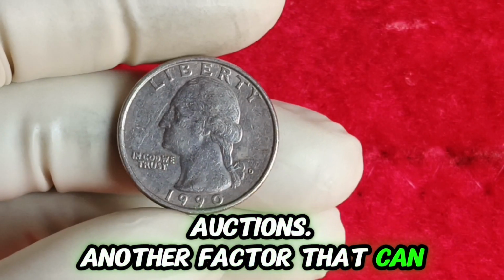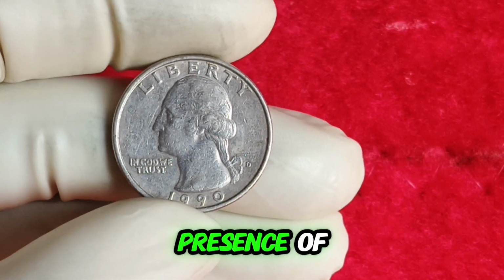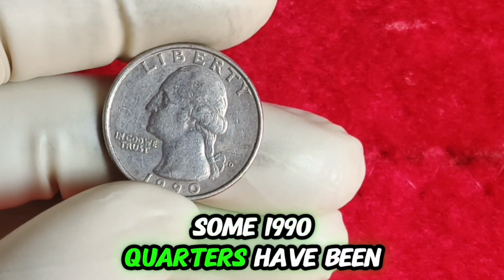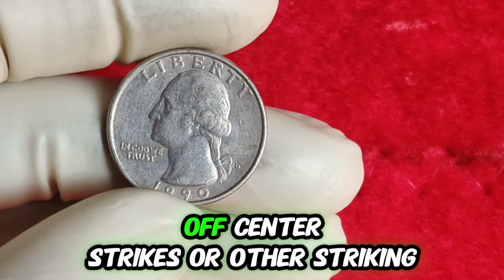Another factor that can dramatically affect value is the presence of minting errors or varieties. Some 1990 quarters have been found with double dies, off-center strikes, or